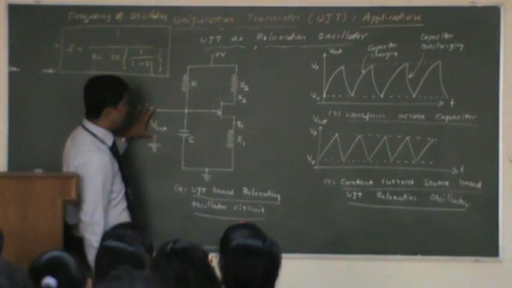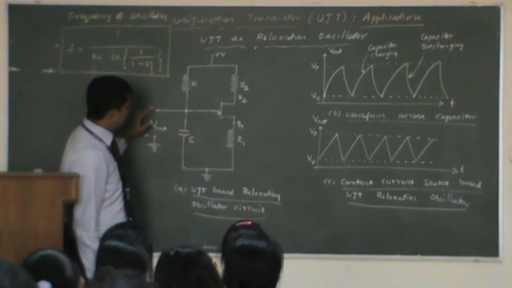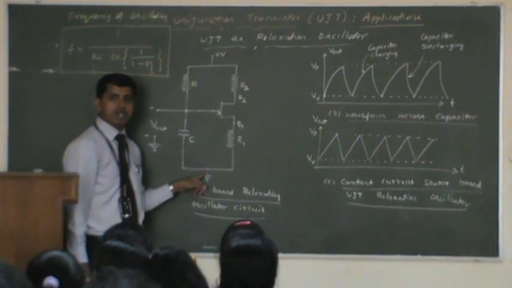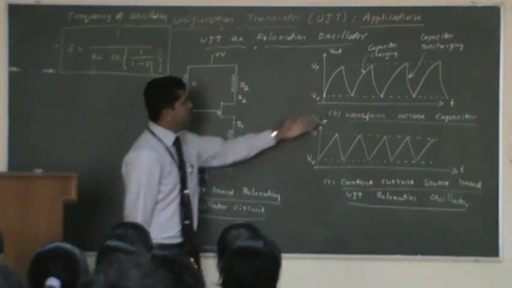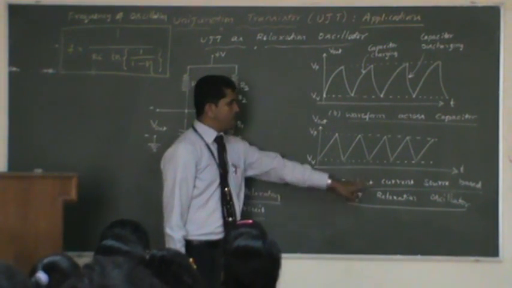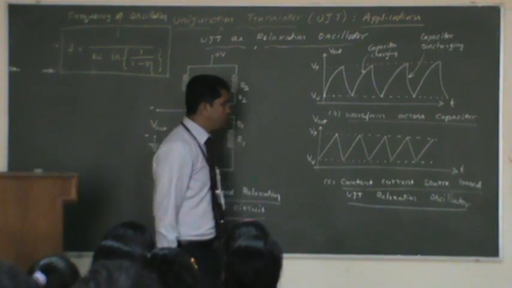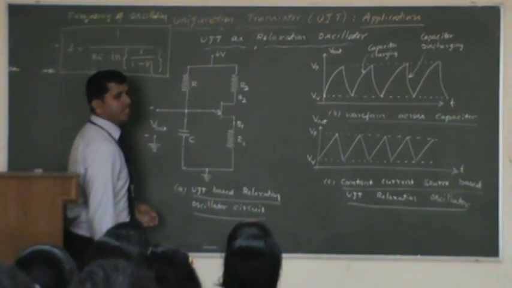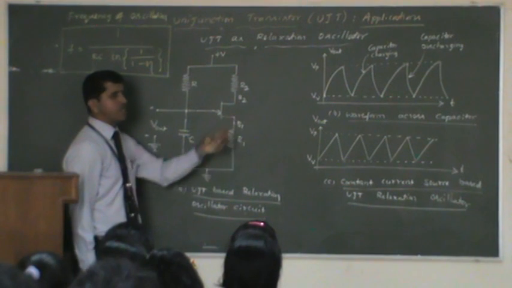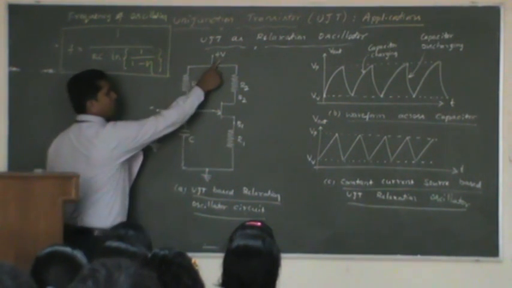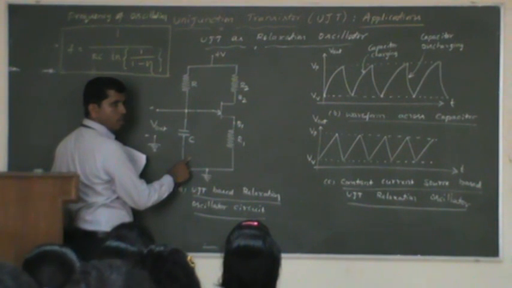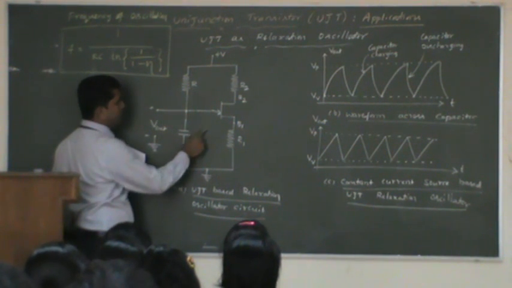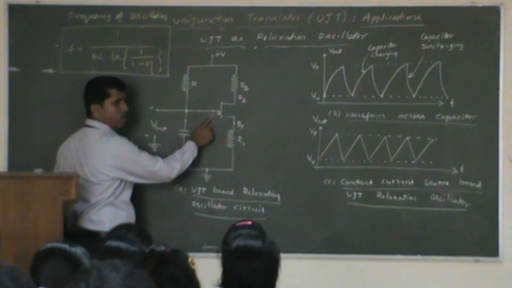You can see that output is seen across the capacitor. That means from this point and down, you can observe the oscillations which are generated. And if you observe across these 2 points, you can see these waveforms. We will come to this waveform later on, but before that, let's analyze how we get the waveform shown across the capacitor. Look at here, when the DC power supply has been given, the capacitor keeps charging. But before that, you can see that the diode present here should be reverse biased.